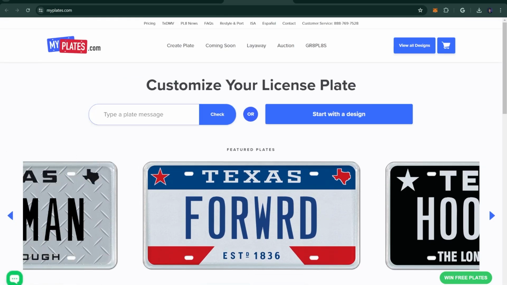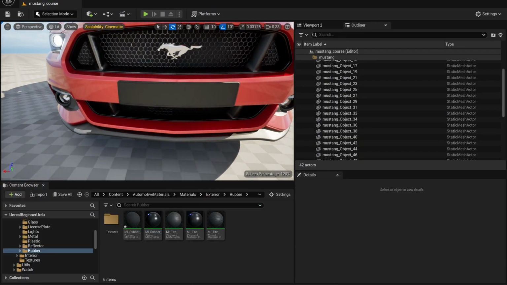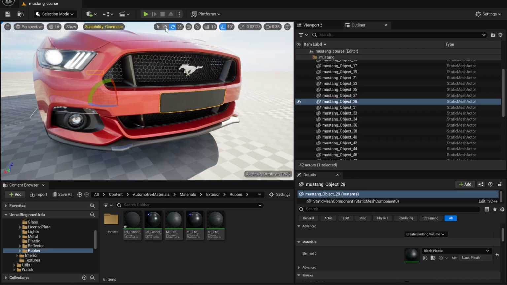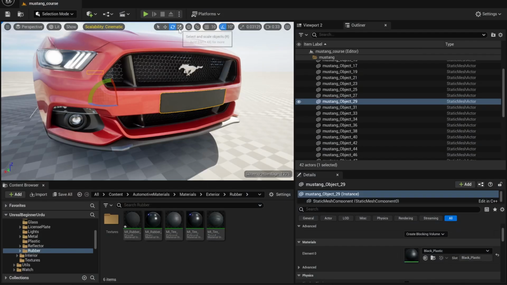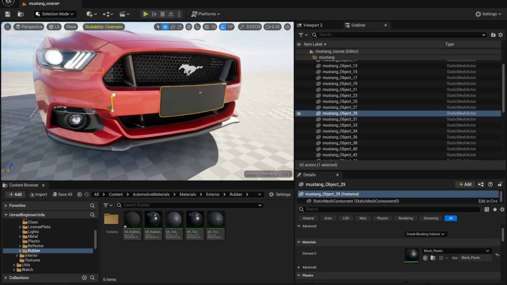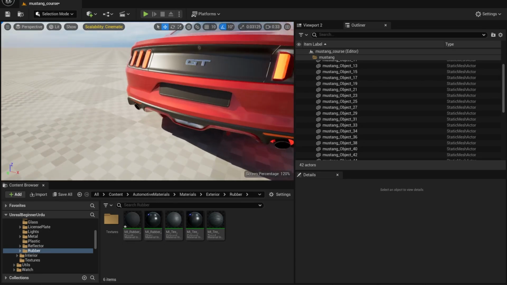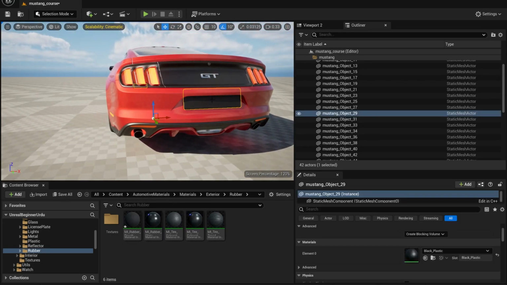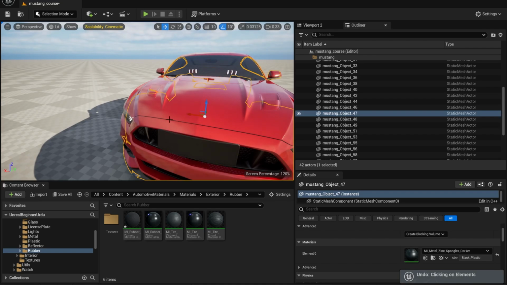Now, because my license plate is actually very long, like this, for example, you can see that these dimensions are not going to work on it. So you have two options, basically. Either you can just scale it up like that, something like that, and just place it back down there like this. Yeah, so that's one of the options that you have. For the back as well, you can see that it is not going to look the best in the back. So it's either that, or what you can do is, if I undo this,